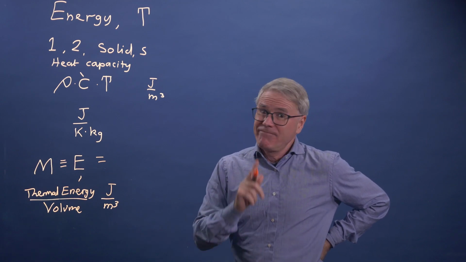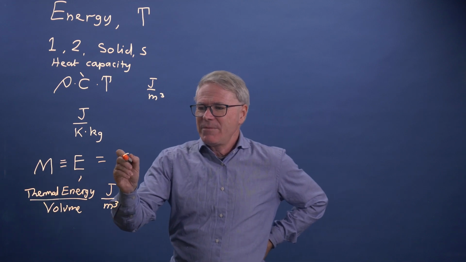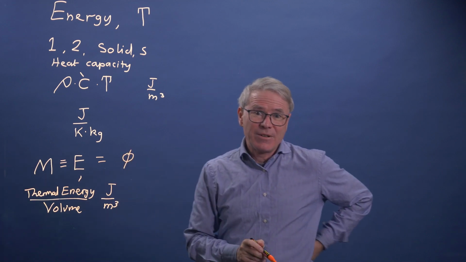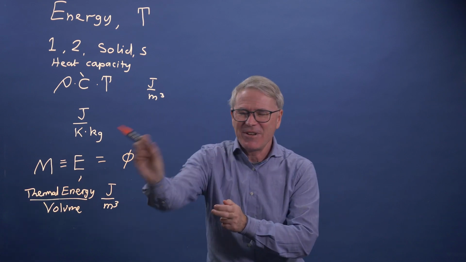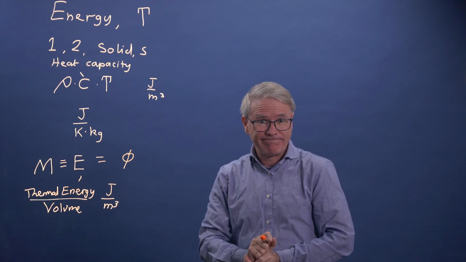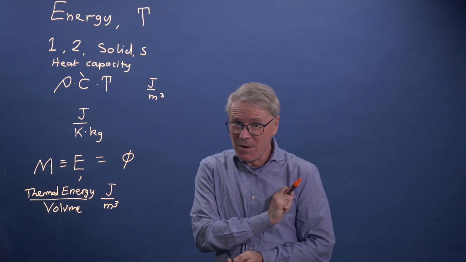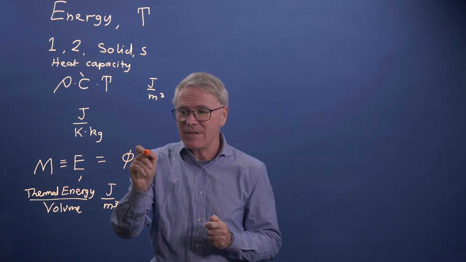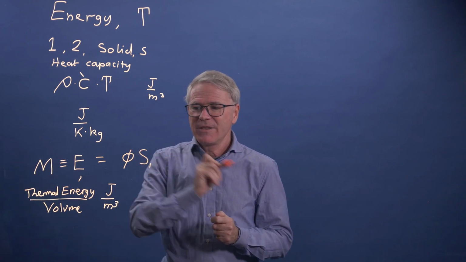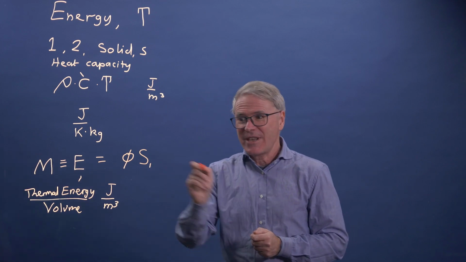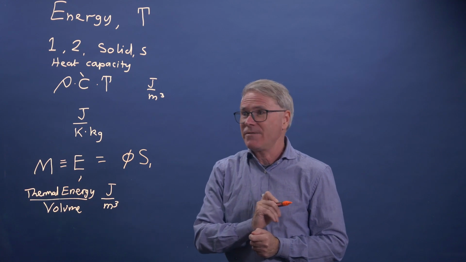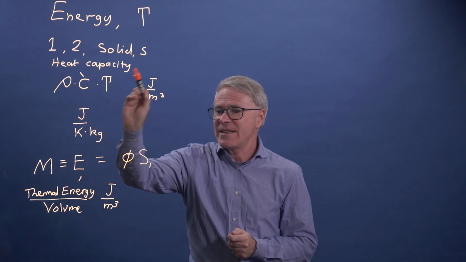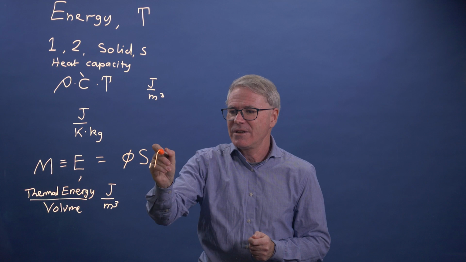Per unit volume. What about the porosity? Because per unit porous medium volume, just as we did with mass, there's only a fraction phi that's pore space. But phase one doesn't occupy all the pore space. If we have two phases, that's the fraction of the pore space. So that's the fraction of the pore space occupied by phase one, and then its energy is given by this,